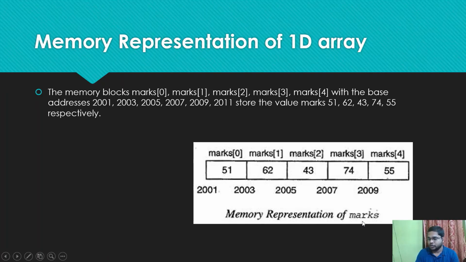If you see the marks array, it is represented as an integer array.